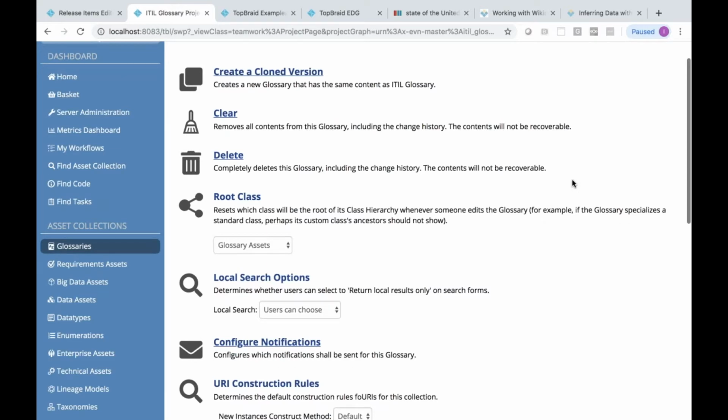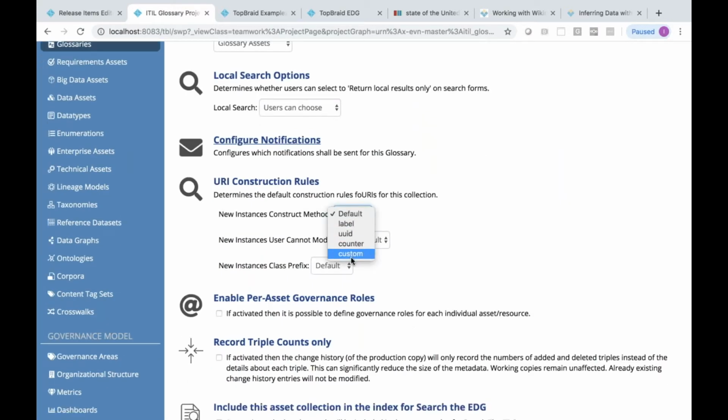And the way you do that, you go to the Manage tab, and you could pick different construction methods. So pre-built, a label, UUID, counter, there are a few other options, and then you could plug in your custom one. So we made it easy to plug in different ways to construct URIs for resources in Edge.